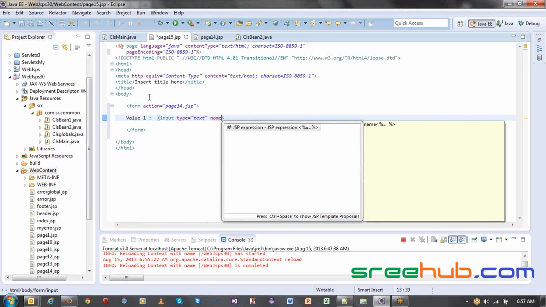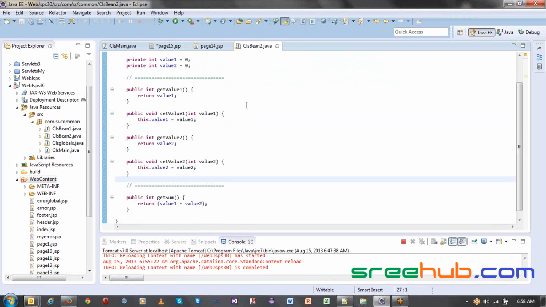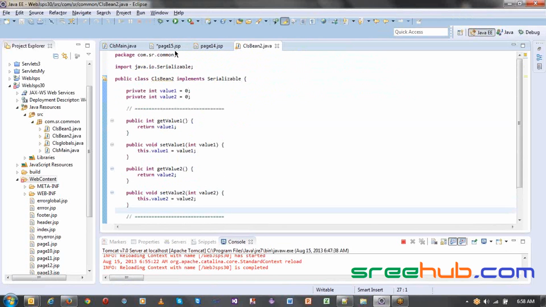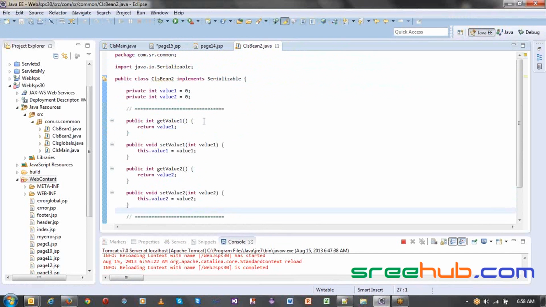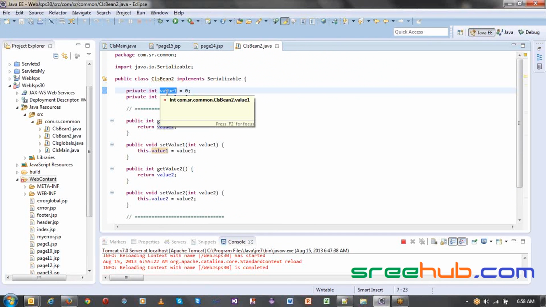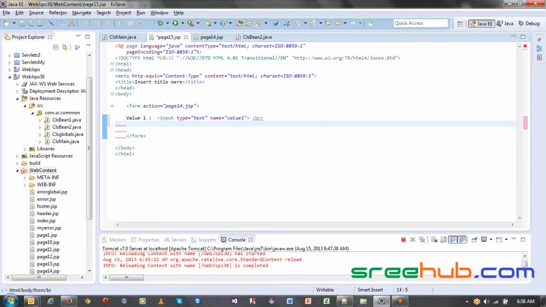So this name attribute should be same as, so this is where the actual bean class usage comes. Now whatever input you want to map directly with your bean, the name should be same as the variable whatever you are defining in your bean class, that is value 1. You want to map the value 1 of this text box to this directly, then you have to mention the same name here, which is value 1. Let me just break it up, and you have your value 2,